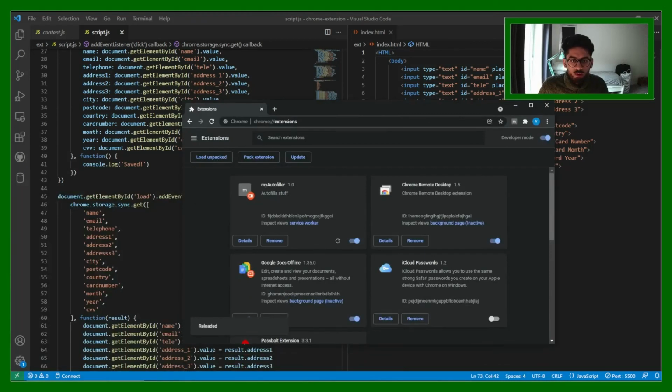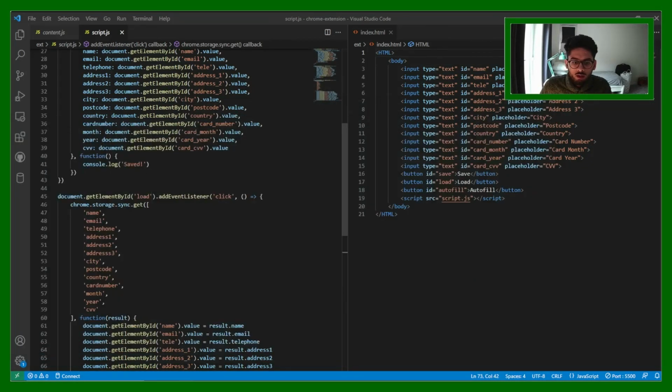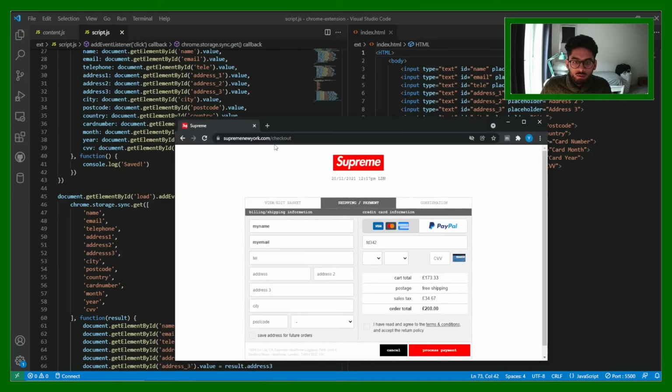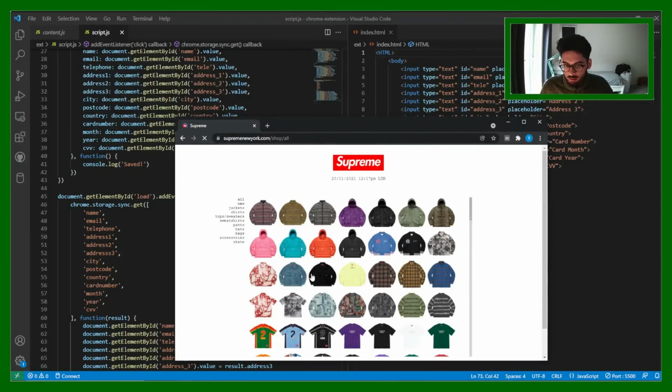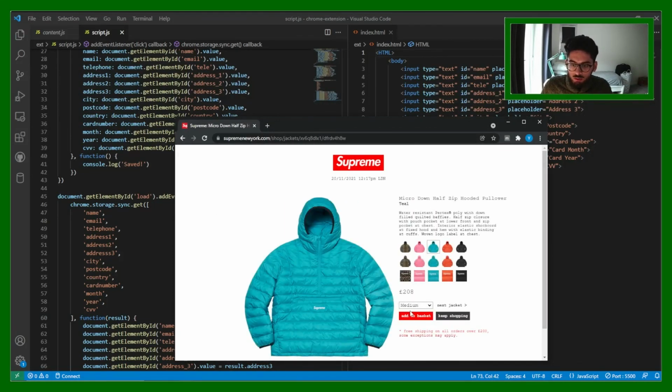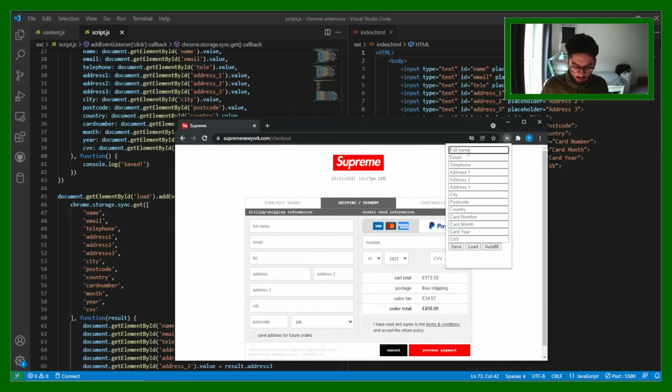So all you need to do is pull up your Chrome extensions. You just click the refresh thing there, and then we can open up the website again. I realized that I need to refresh the browser. That's why it wasn't working earlier on for me. And then I can do hello. Let's give that a test. Thank God. Save, close it, open it again, load, and it's loaded here. There we go. So you can save, you can load, you can autofill,